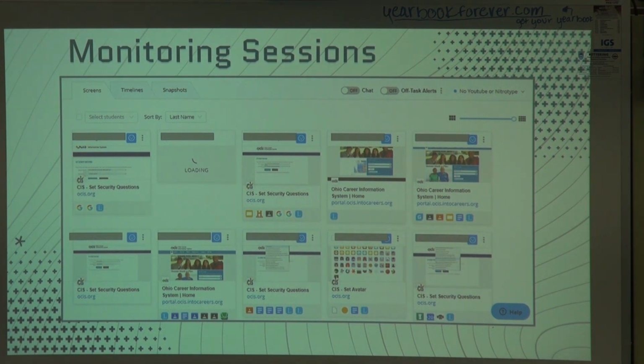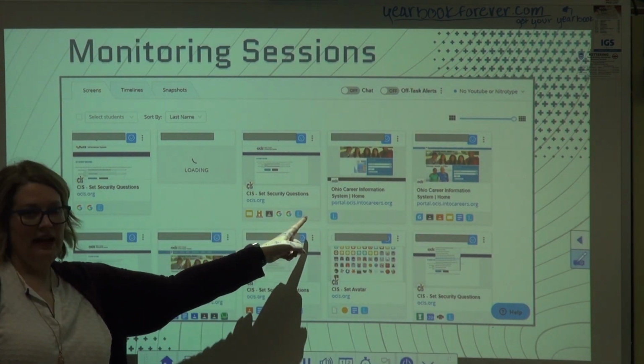And so my classes that have 30 students, obviously I have to pull my screen down. But the cool thing is you can see, and it's live, it updates every 1 or 2 seconds. So it's almost live. There's hardly an interruption, and I'll show you monitoring George here in a second. But the other cool thing is it shows you every tab that they have open,